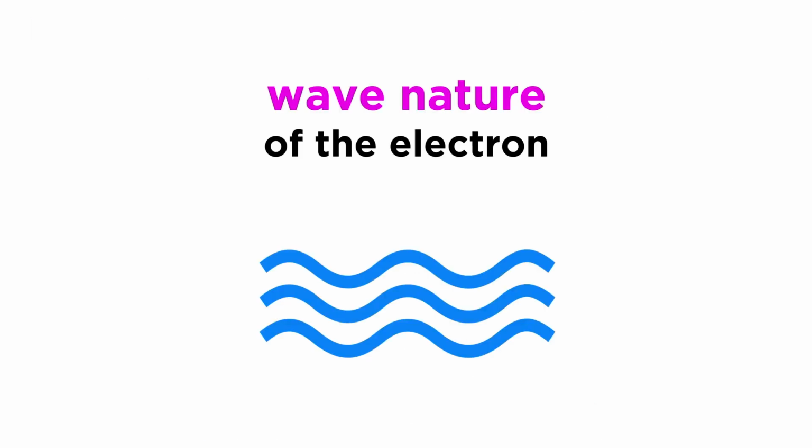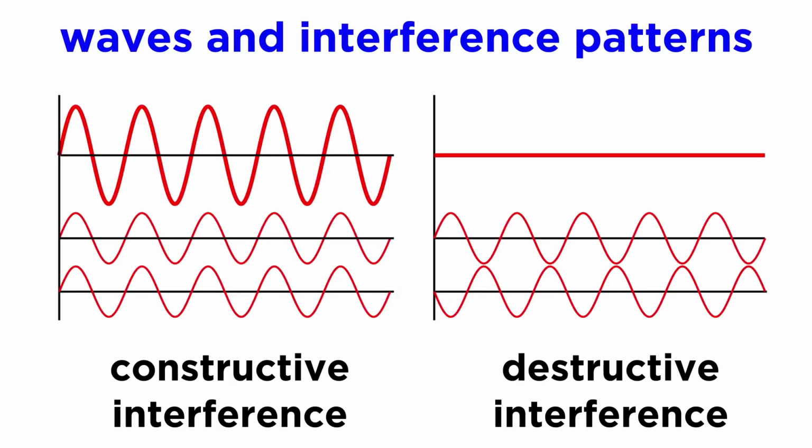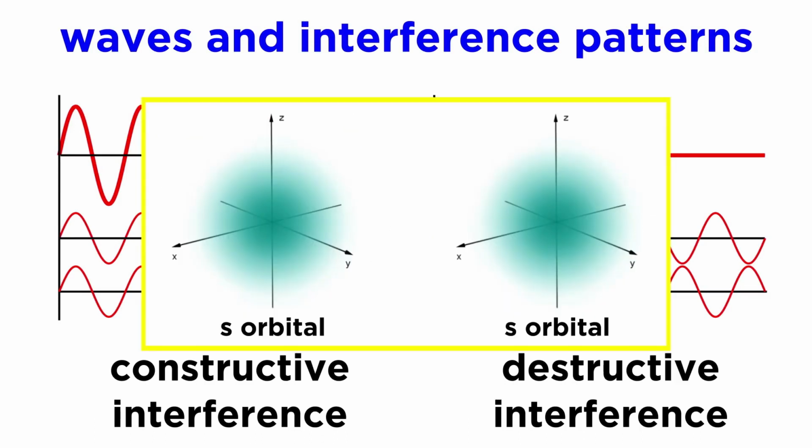This theory requires that we strongly consider the wave nature of the electron. In the classical physics series, we talked a lot about waves and interference patterns. So to get the full picture of wave behavior in order to better understand molecular orbitals, check out this tutorial now. Otherwise, we simply need to understand that when two atomic orbital wave functions are combined, like these two s orbitals,